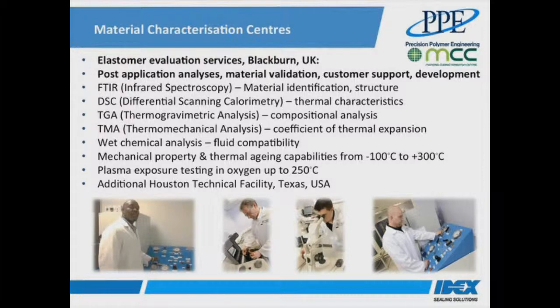As you can see from the analytical equipment and test equipment list, we're very well equipped for material development, evaluation and characterization. So these techniques such as FTIR, TGA, etc. allow us to do things like identify the material bond structure, measure thermal properties including coefficient of thermal expansion, obtain compositional information, and we also have a vacuum plasma process tool which enables us to look into O-ring degradation versus